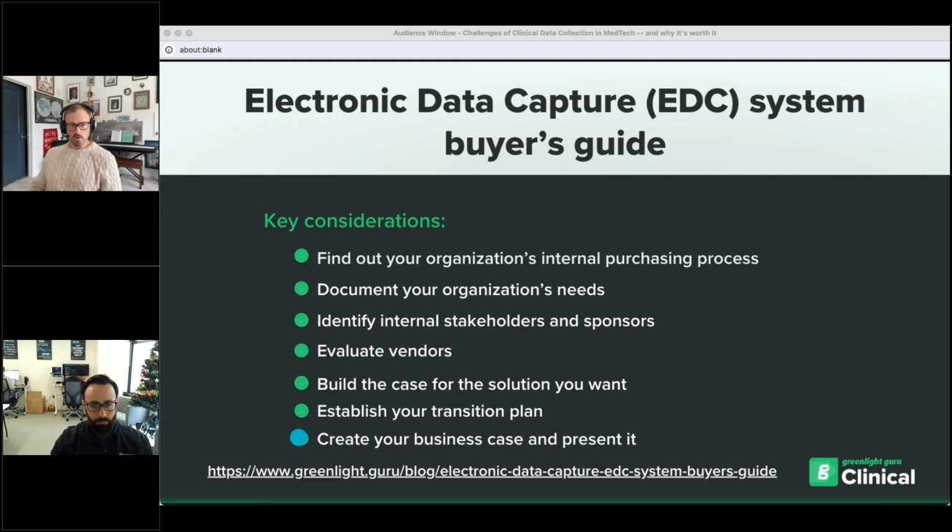And then lastly, you'll create that business case and present that. So this is obviously the key step in sharing with internal stakeholders all that you found throughout this entire process. We do have a